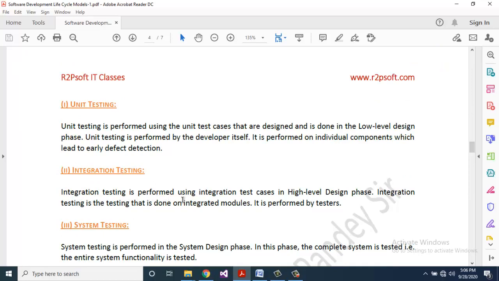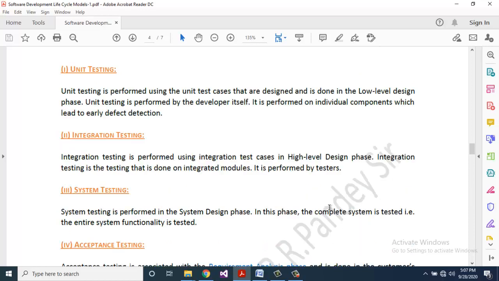Second one is integration testing. Integration testing is performed using integration test cases designed in the high level design phase. Integration testing is the test that is done on integrated modules, and it is performed by testers.